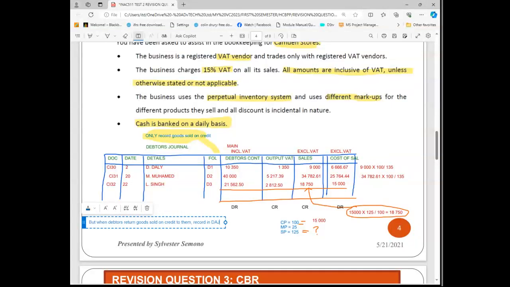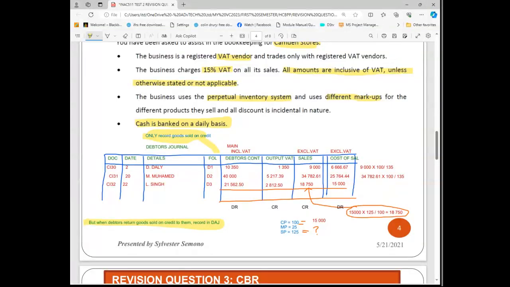Does that make sense? Yes. Now, if only debtors are returning, the information will tell you to record in the DAJ. So DAJ is the opposite of this, and you can even see for DAJ, the